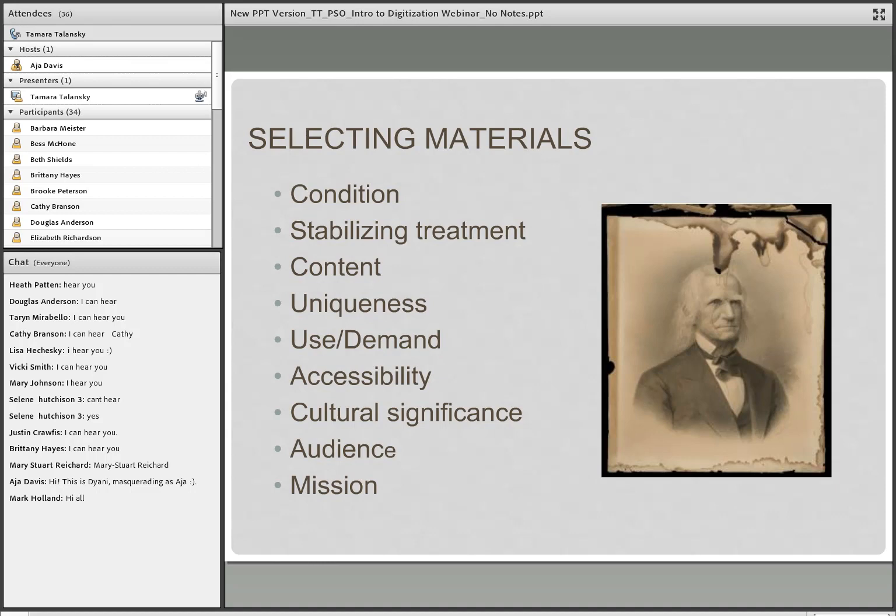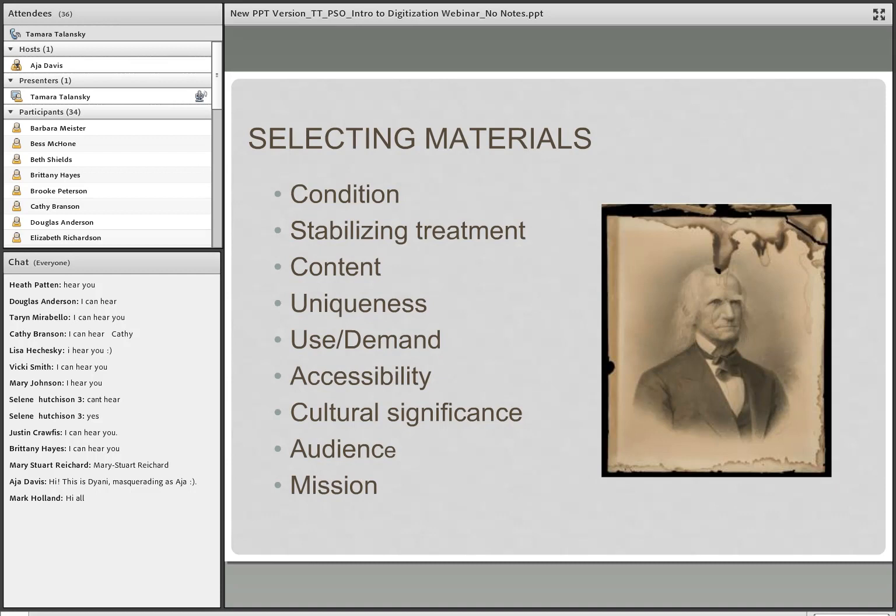The source's physical condition. For those items that are rare, unique, or fragile, you need to decide, is it safe to digitize them without damaging the originals? Some collection items may need minimal conservation treatment or stabilization by trained conservators before they can be safely transported, handled, or digitized. Items in poor condition due to damage or fragility are often candidates for digital reformatting.